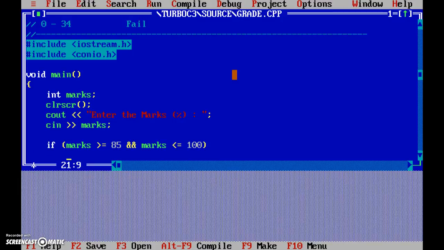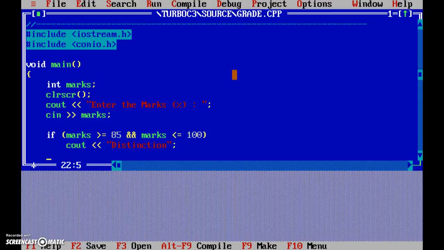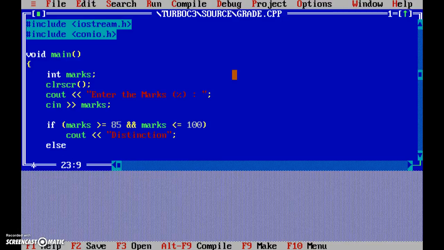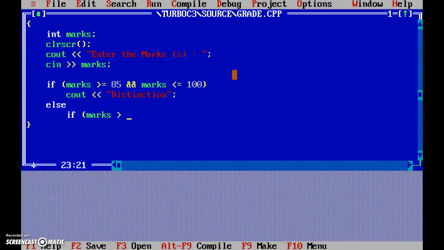Okay, so cout. So we will display distinction. Okay, now if not, so that comes under else. But now further categories are there. So again we have to check if marks is greater than 60, right? Greater than or equal to 60,